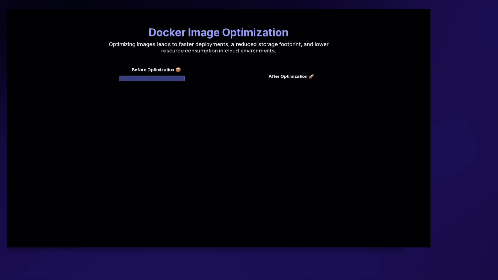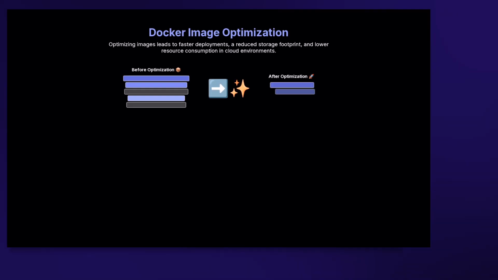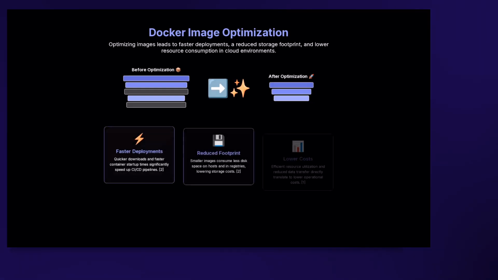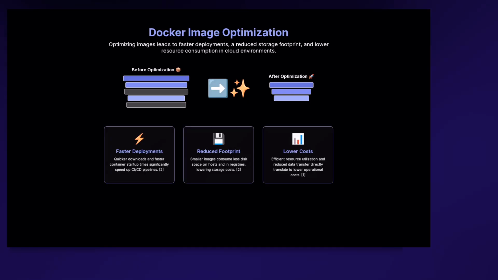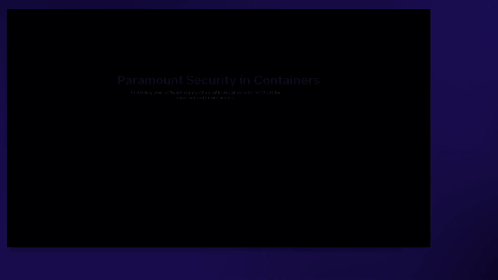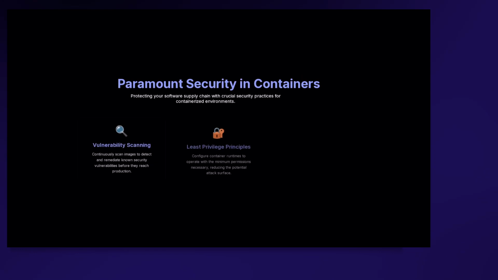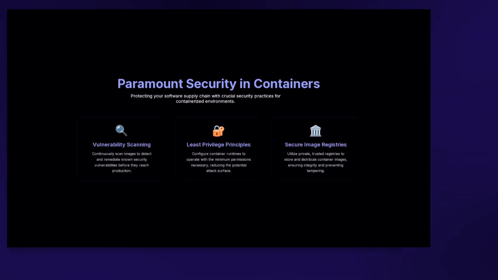Optimizing Docker images is paramount for achieving faster deployments, reducing storage footprint, and significantly lowering resource consumption in cloud environments. Smaller, more efficient images lead to quicker downloads, faster startup times, and reduced operational costs, directly impacting application performance and scalability. Security is absolutely paramount in containerized environments, so we'll touch upon crucial aspects like vulnerability scanning of images, implementing